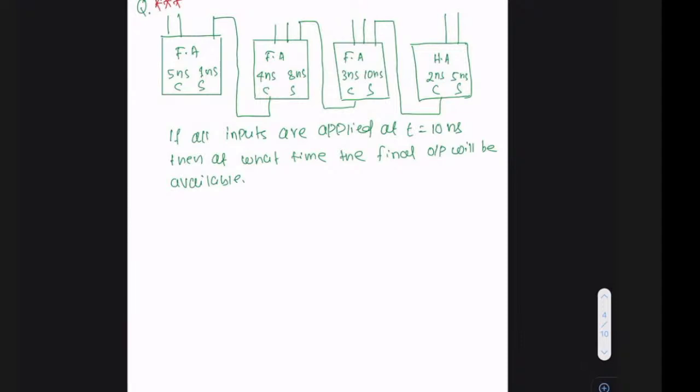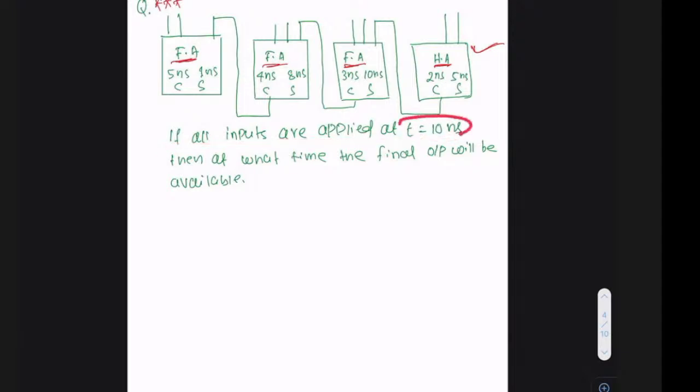So here, basically we have 4 adders. This is a half adder, full adder, full adder, full adder. And their sum and carry delays are also specified. For this adder, the sum delay is 5 nanosecond, you can see. Carry delay is 2 nanosecond. Similarly, for the second adder, the sum is 10, carry is 3 nanosecond. Third adder, this is 8 and 4, this is 1 and 5. So the delay of all these devices is different. Then we are supposed to find, if all the inputs are applied at t equals 10 nanosecond,